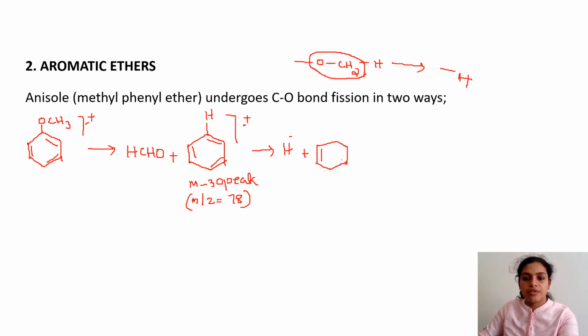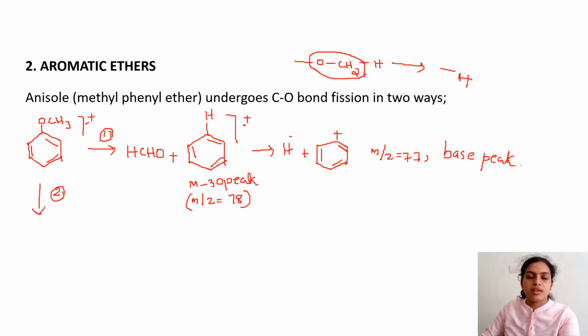So, on fragmentation again, you will get a rare species in which the benzene ring is having a positive charge. The m/z value of this one is 77, and this is the base peak of anisole. This is the first mode of fragmentation, by the elimination of a neutral formaldehyde molecule. Let's see the second mode, in which